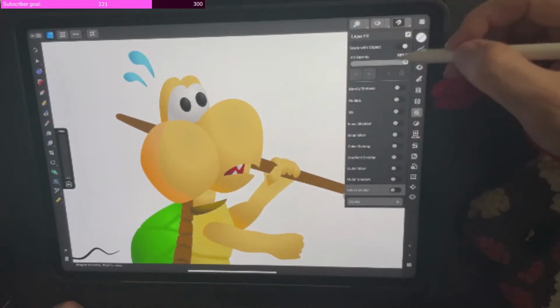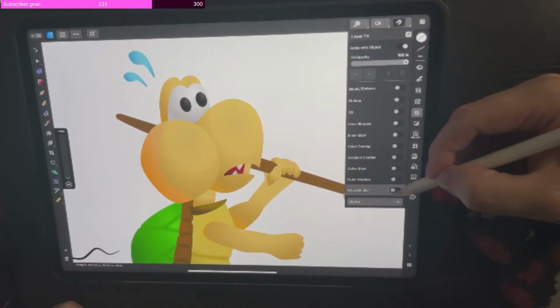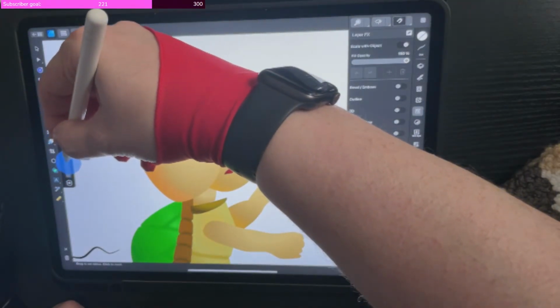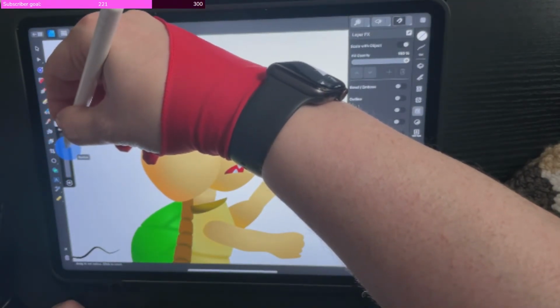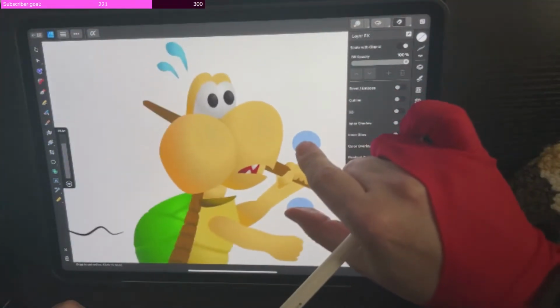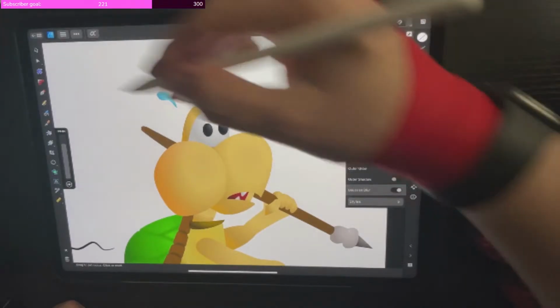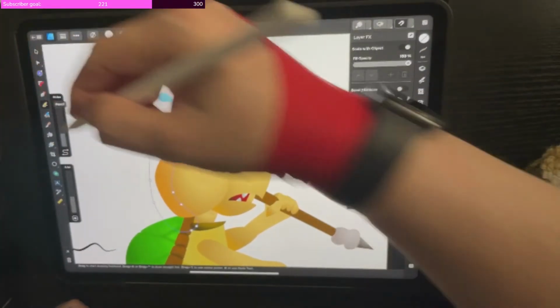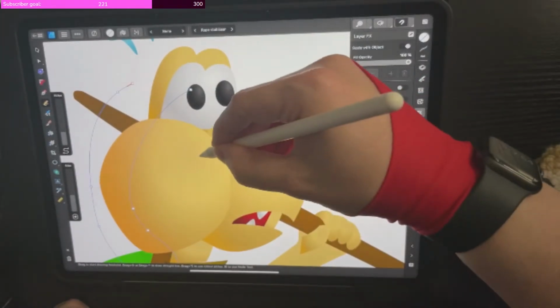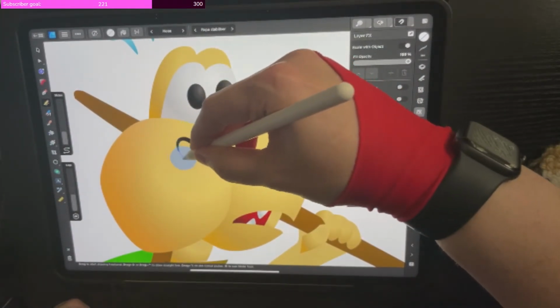Go back to our gold blur now and make that. Yeah, that's a bit better. So we don't want it too dark, but we want it just to stand out a little bit. Now we'll grab the pencil tool again. We're already inside, so we just gotta make this part of the cheek up here